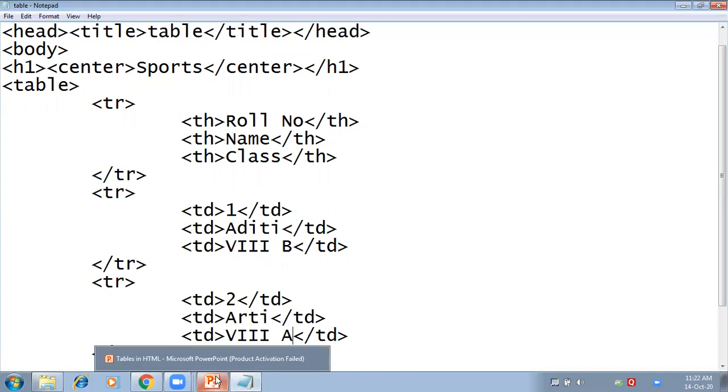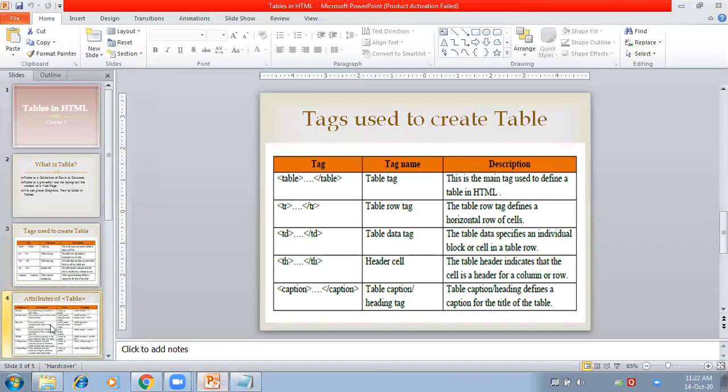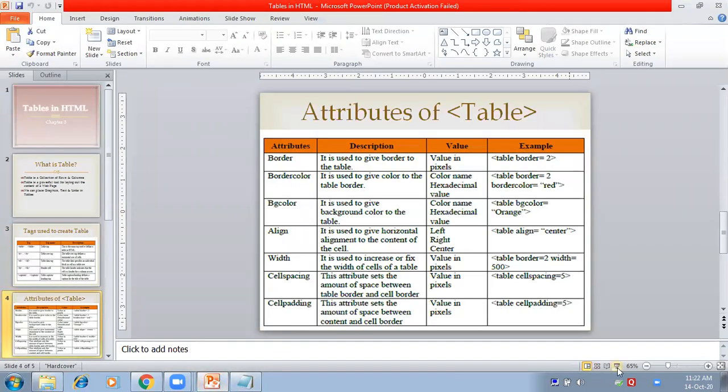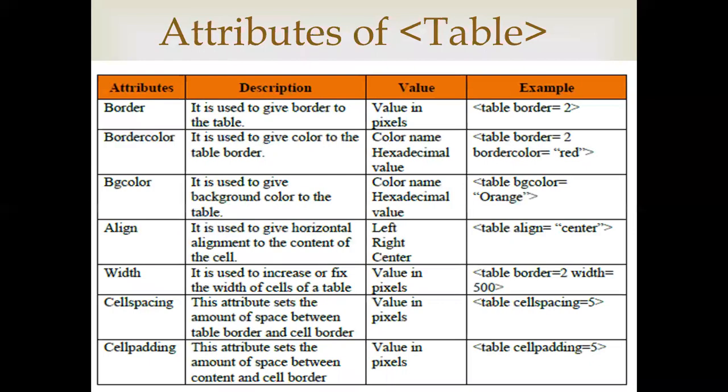So let us understand what are the different attributes of table tag. First is border attribute, using which you can give a border around your table. Next is border color, using which you can give a color to your border. Third is BG color, using which you can give a color to the background of the table only, not to the page. This time we are giving the color to the background of the table.